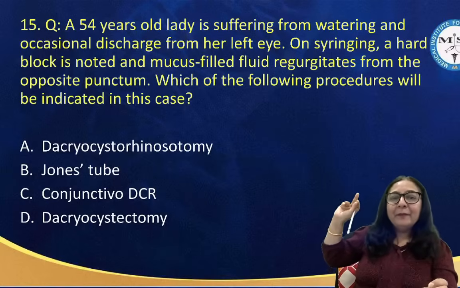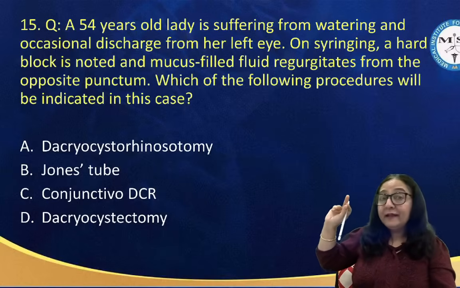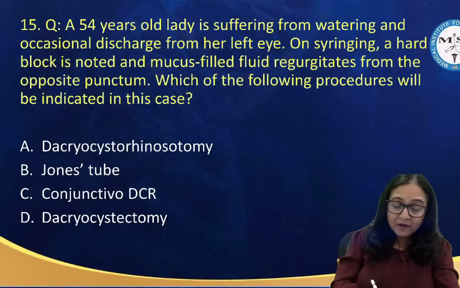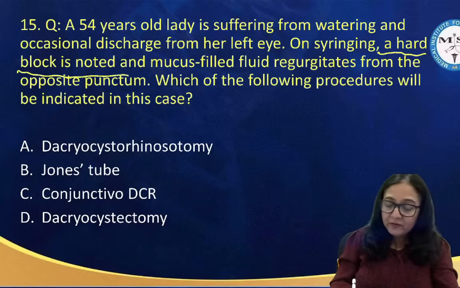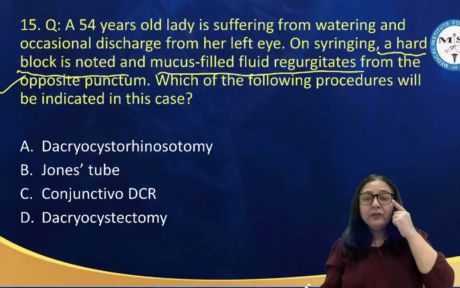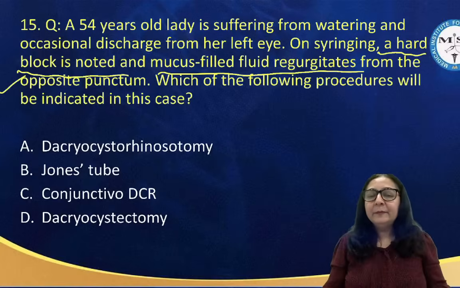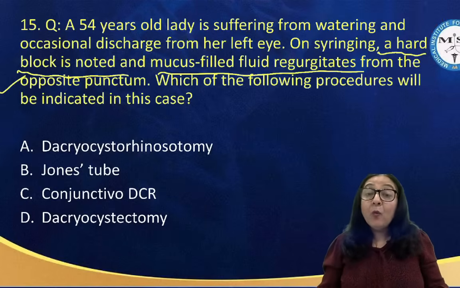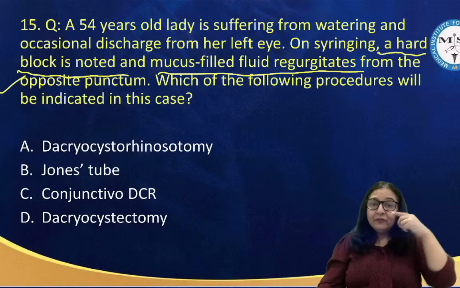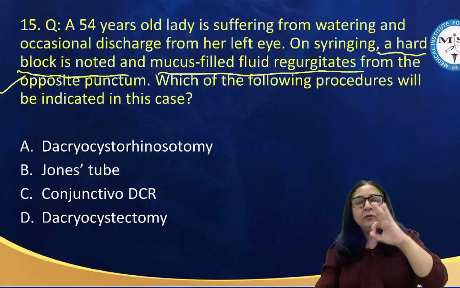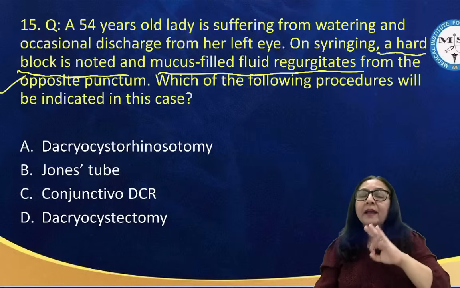So here is a patient who is having watering and discharge. On syringing, very important, a hard block is noted and the mucus-filled fluid regurgitates from the opposite punctum. Now you should know the interpretation of probing and syringing. Based upon this question, what is your diagnosis? If there is a hard block, that should let you know that most likely it is a nasolacrimal duct